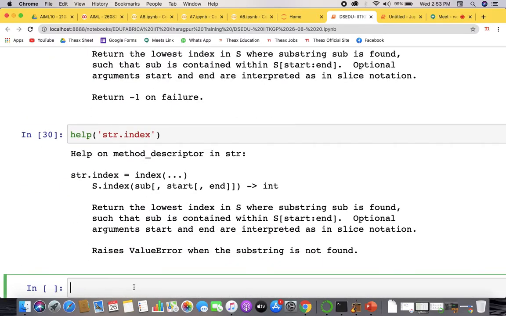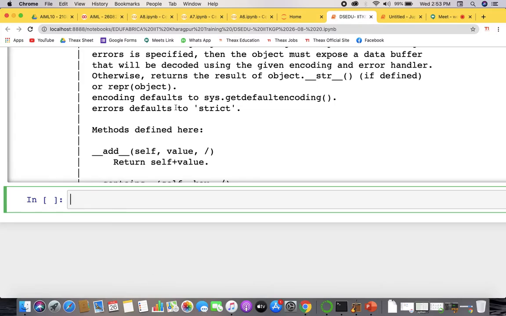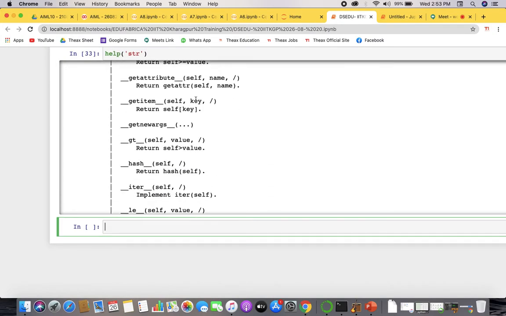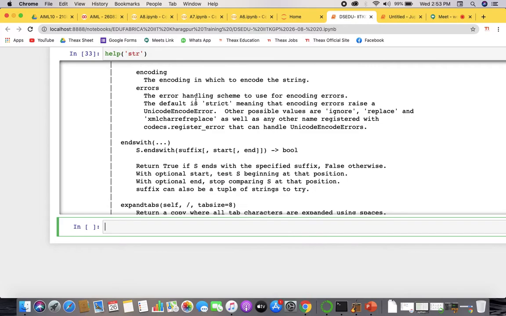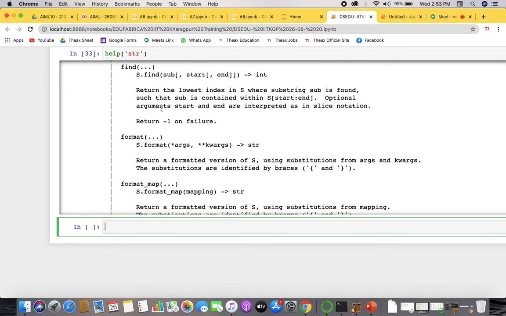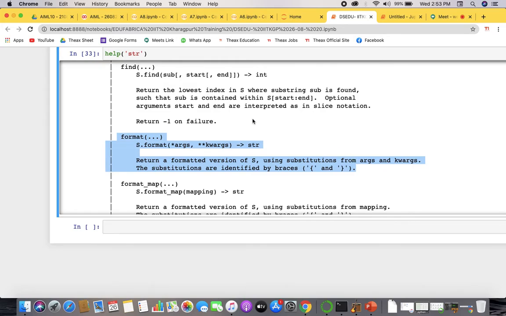If I just write help of str, I'll get everything, but I don't require everything now, I only require the format one. So you will get only this much part. So that is the 18th cell.